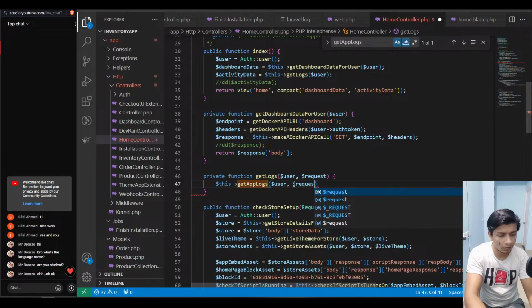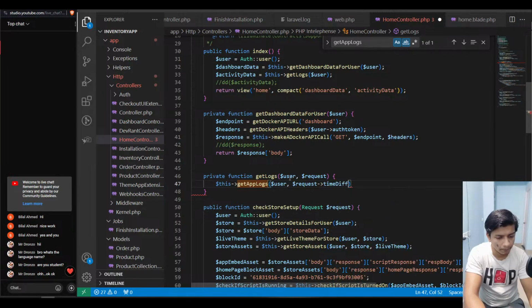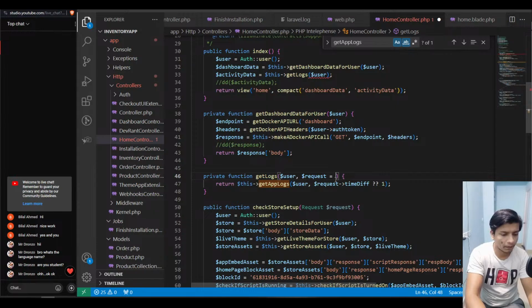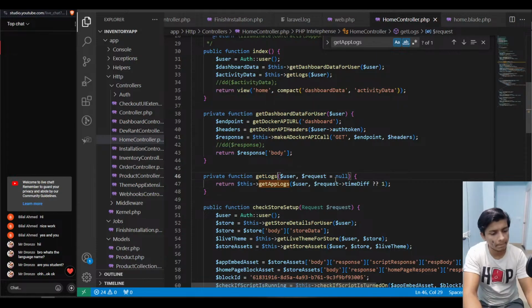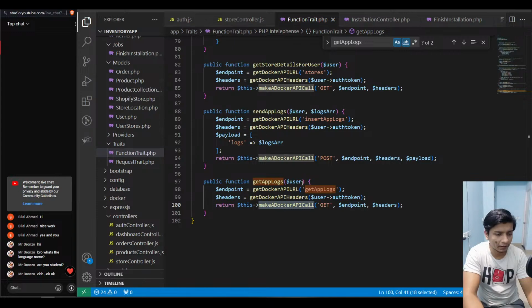So this would be request arrow time diff, otherwise 1. Right, and inside the function we would have to accept the second parameter, time diff